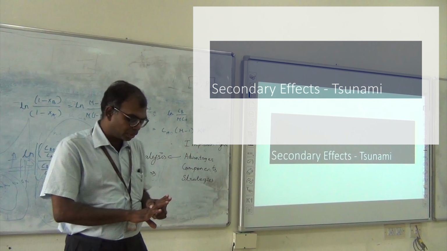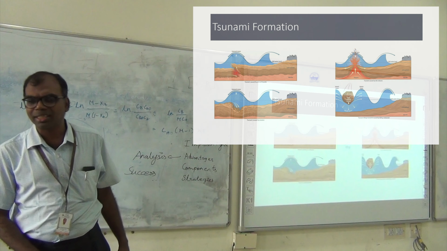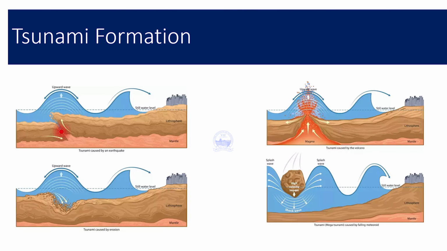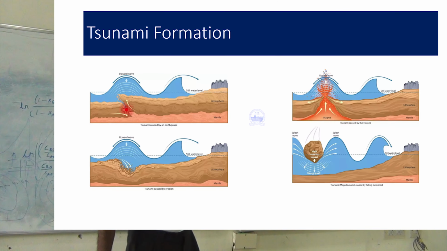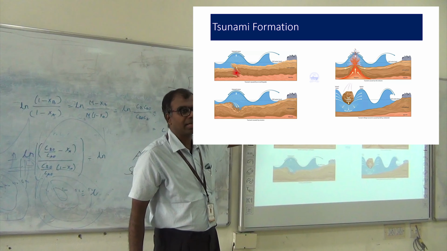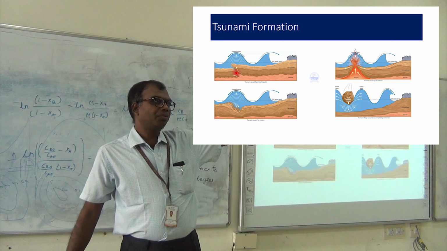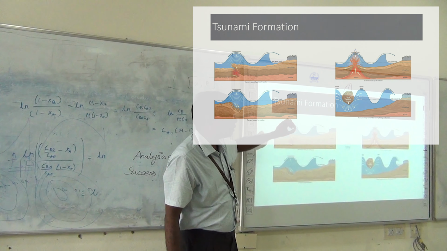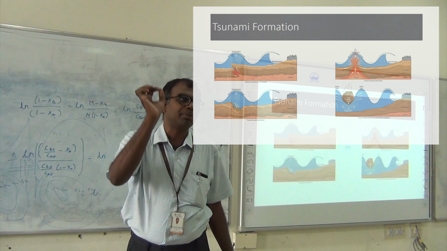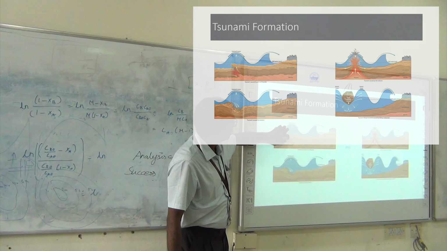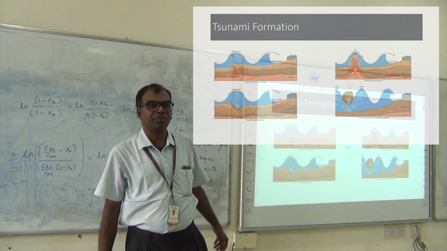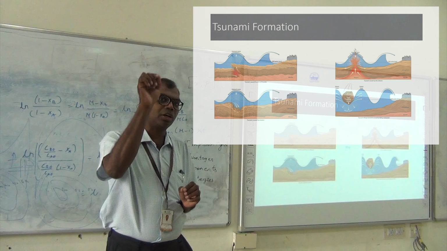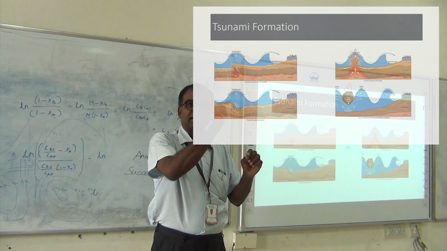Now I'm going to give a very brief introduction to the tsunami. An earthquake essentially has a fault which displaces the water. Now at this point the depth of the ocean is very large, a few hundred meters or sometimes kilometers of depth. When this wave has a very small displacement at that depth, the wave will not be visible on the surface. But as you know, when you drop a pebble in the water, the wave moves to